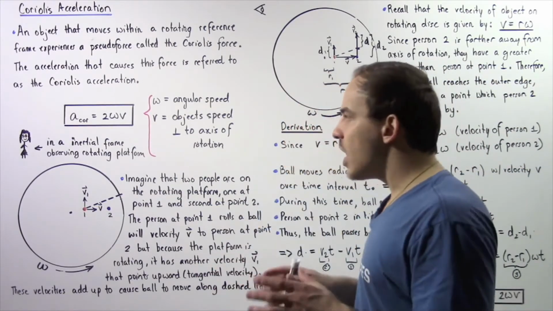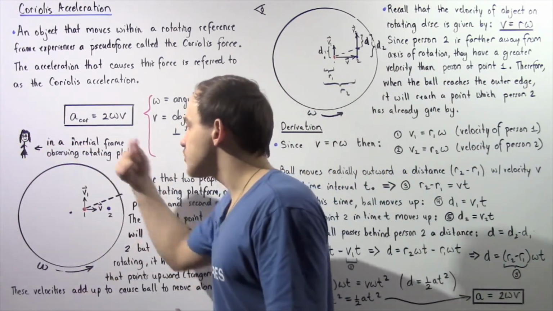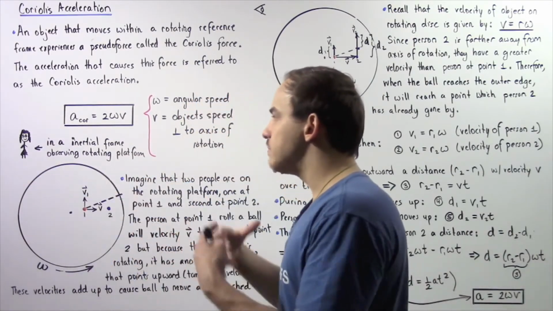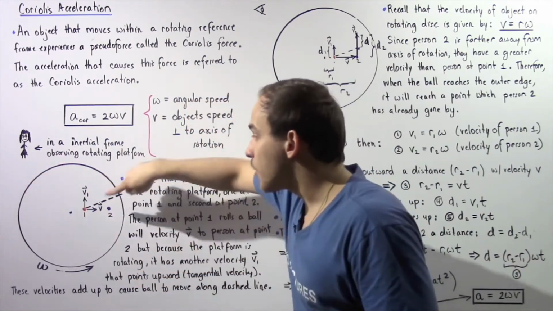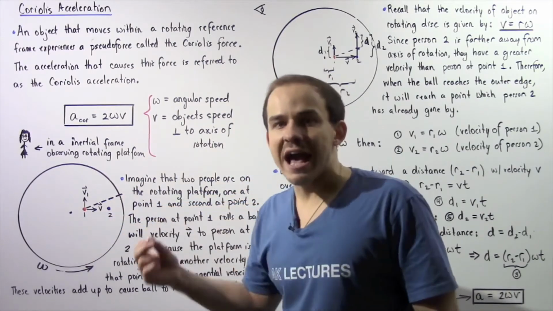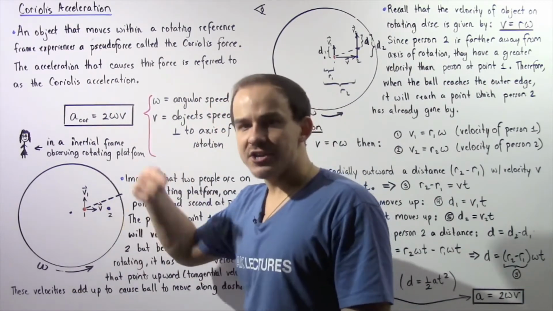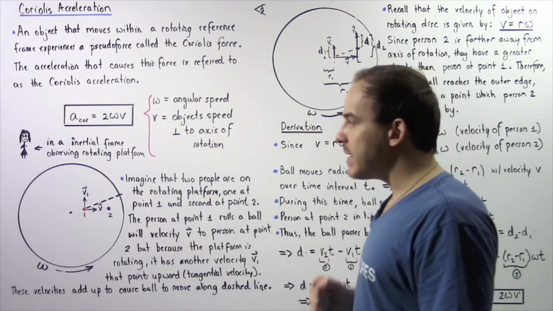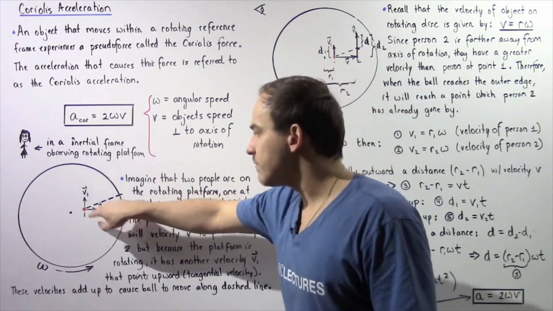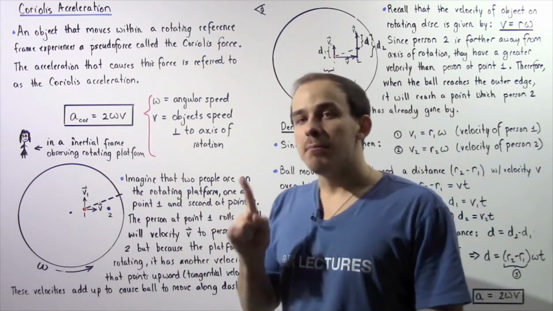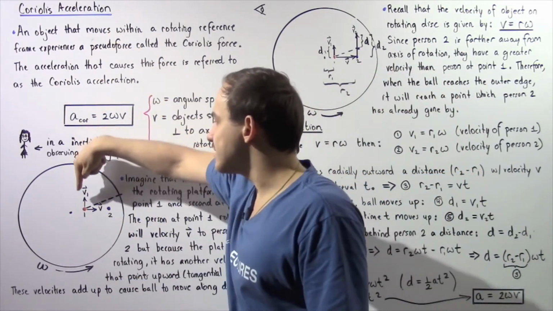Now, let's suppose we are inside an inertial frame, so we're a person standing on the outside of this rotating frame, and we're basically observing this rotating platform. Now, to this observer, this person standing at position 1 will have a certain tangential velocity that will point tangent to the rotation of that platform. So that basically means when the person releases that ball, not only will the ball travel with the velocity v in the positive x-axis, but it will also travel with a certain tangential velocity in the positive y-axis, let's say